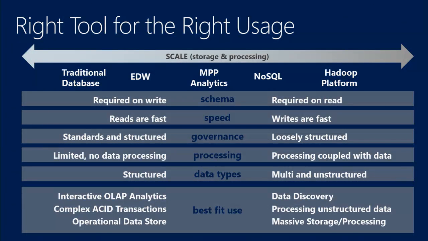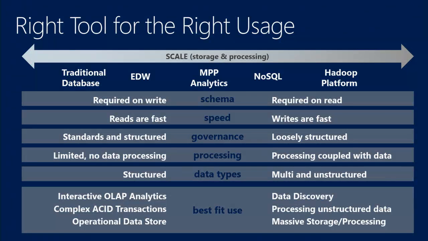So let me talk a bit about the right tool for the right usage, and this goes into a little bit of the architecture differences, right? So when you're thinking about why Hadoop and why Hadoop's helpful in extending the types of information you can store, it's good to think about the different architectures between a relational system and a Hadoop system. So at a high level, it's good to just think of the reason Hadoop exists is because we're doing these things that we've been doing at scale.